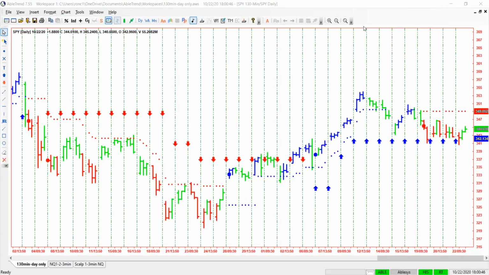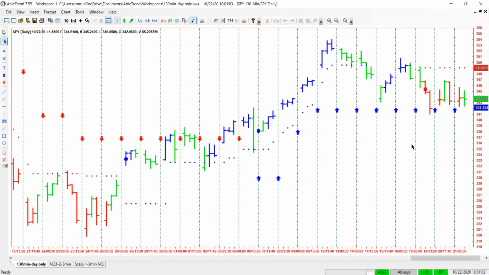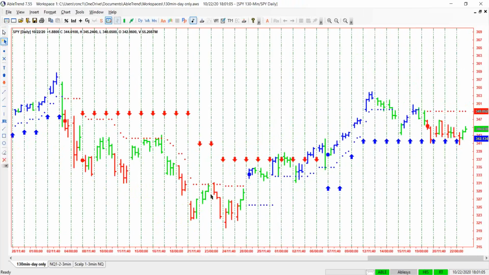Okay, so this is the S&P 500. Good, nice swing trading chart, the 130-minute daily. It's for swing trading stocks or ETFs, and you could, of course, do options. And we're in a no-trade zone basically in the stock market, so that's why it's kind of going sideways. We had a real nice downtrend here, real nice uptrend here. And we're just simply looking for triple confirmation